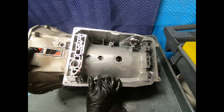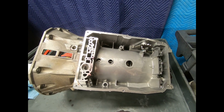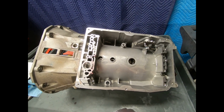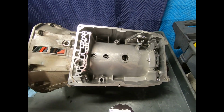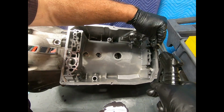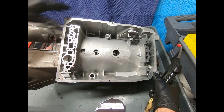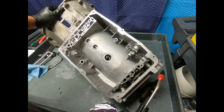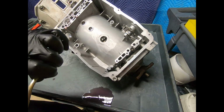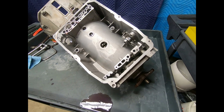Now we're going to go ahead and clean up our valve body and finish putting it together. Now, as far as air checking is concerned, here it's very easy to check the B1, B2 back here. Okay, now some of these passages are not quite so easy to get into, and there's a couple of methods that we've developed